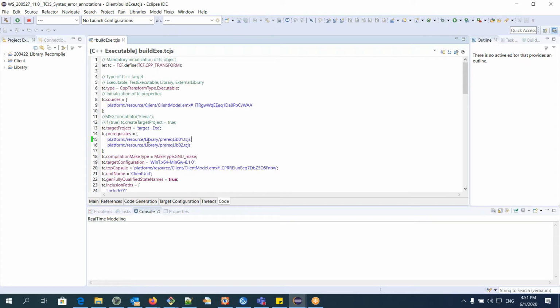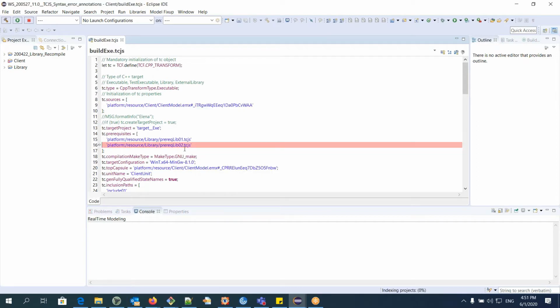If you were inserting some prerequisites manually in the text, and you missed a comma, now I press Ctrl S, and the highlighting is on the next line, and it says unexpected string. But this can actually give you a hint that you forgot a comma, since the next string is unexpected in this case. And you can also notice that as soon as you make a syntax error, all UI tabs